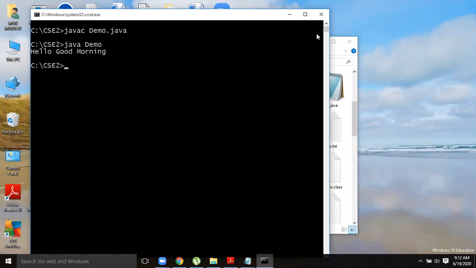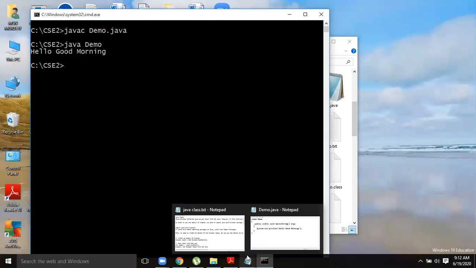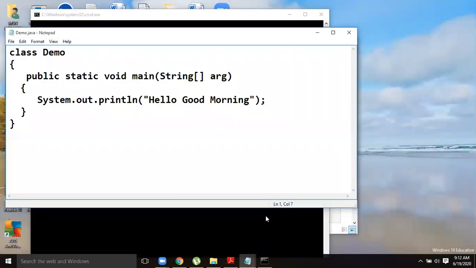Hello, good morning. I think you all know this, but I have to explain it for clarity, and for the remembrance purpose also I am giving this clarity. Now let me just analyze this code. What is exactly in this code?